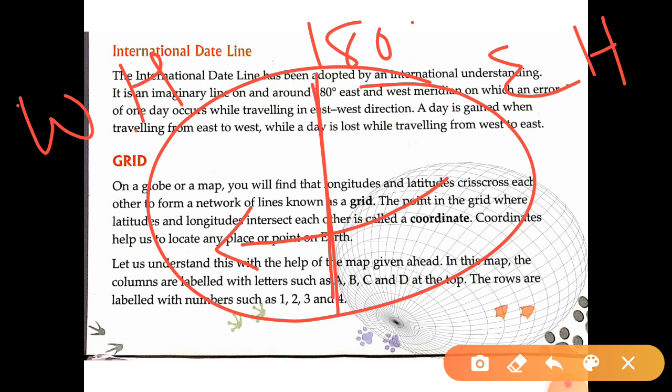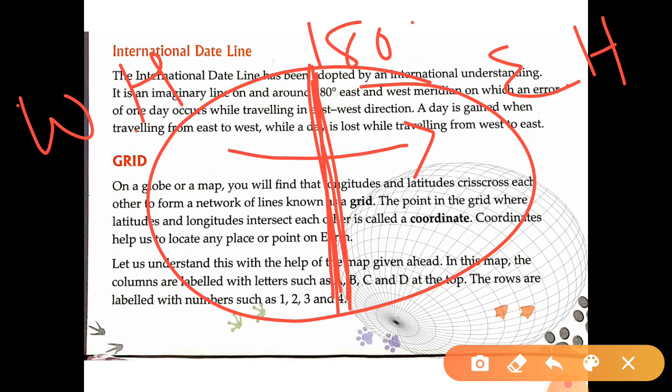For example, today is 1st June. While people are traveling from west to east and cross this international dateline,